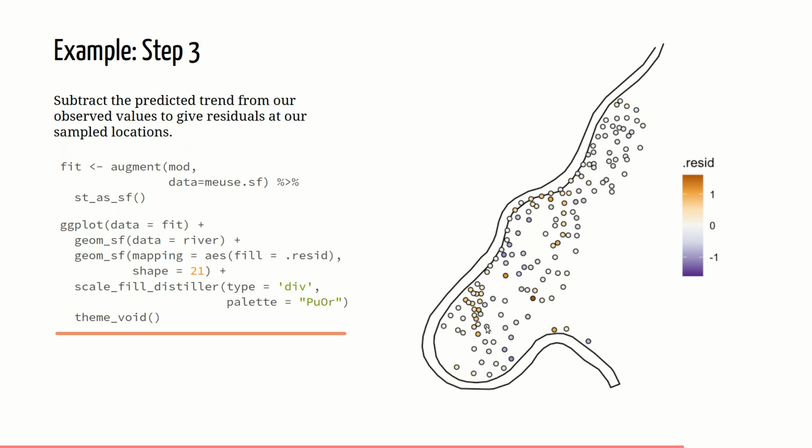So the set of residuals are essentially telling us that, at this location here, we predicted, because it was quite far from the river, that it would have a reasonably low zinc concentration, but in fact it had a higher zinc concentration, so its residual was a fairly large positive number. And similarly, you get this sort of area through here where perhaps there might be a wee stream or something, or a lower area in elevation, or perhaps a soil or something or other, where we've got a series of positive residuals. So this is saying that we've underestimated the trend here, because of course they're all far from the